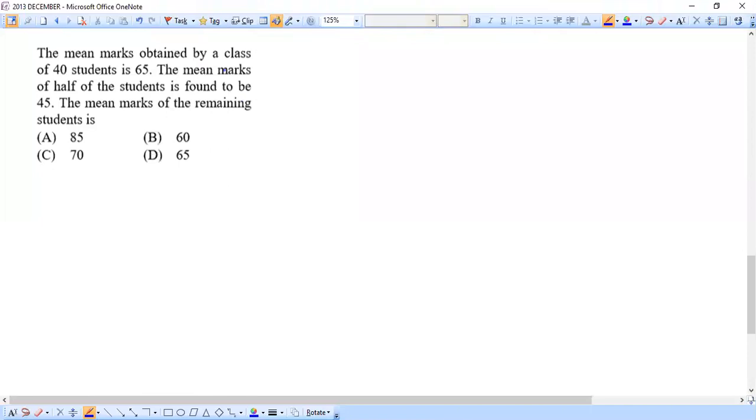Question number 3 is from average. So question 3 is from the concept of average. An easy question, because we have already seen many questions from average. And let's remember what is average. Actually, average is nothing but total divided by number of observations. Let me just represent that number of observations like this. I use a hash sign to represent the number.